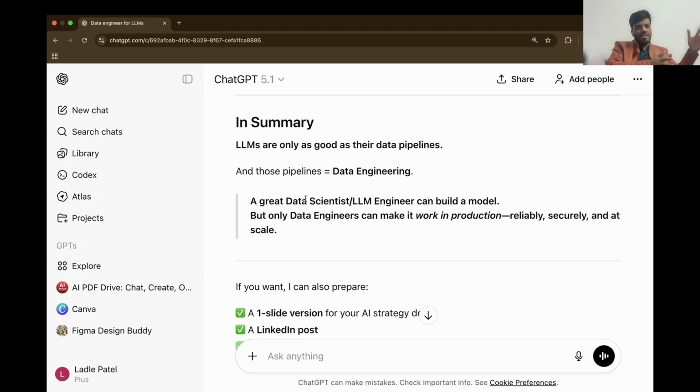But I'll try to convey it in a way that shows what is relevant for you in AWS or in Azure. It becomes very difficult to cover, but I think it's an opportunity also for you. If you learn solid data engineering to learn the AI, you're not learning the regular data engineering, by the way. You are learning data engineering to scale the LLM use cases. That's where your unique selling point comes into the picture.